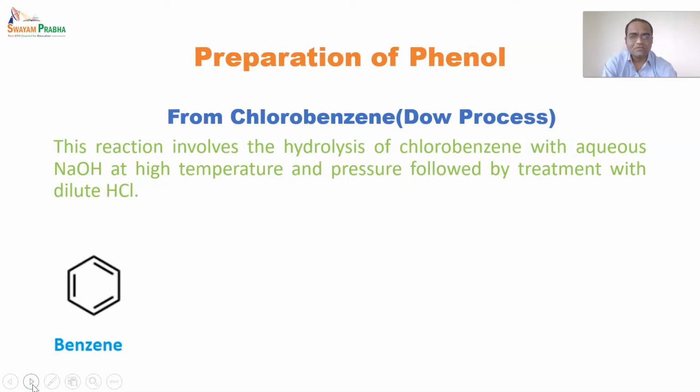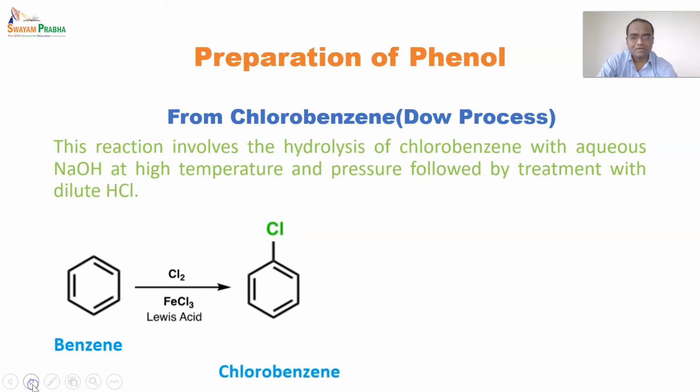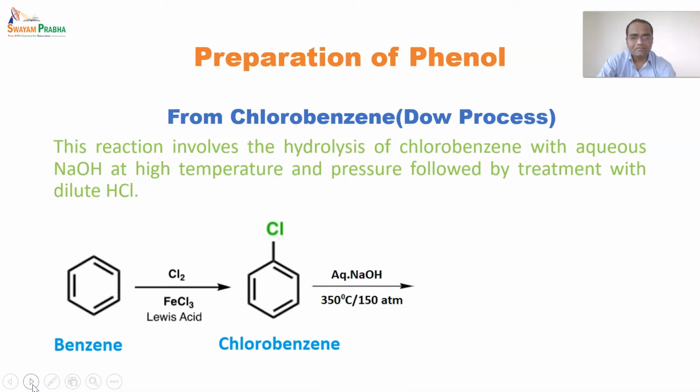So firstly, how is this chlorobenzene prepared? We have seen this reaction in the case of benzene and its derivatives. By using a Lewis acid, benzene is halogenated and forms chlorobenzene. And after treatment with aqueous NaOH at high pressure and high temperature, almost 350 degrees Celsius and 150 atmospheric pressure,